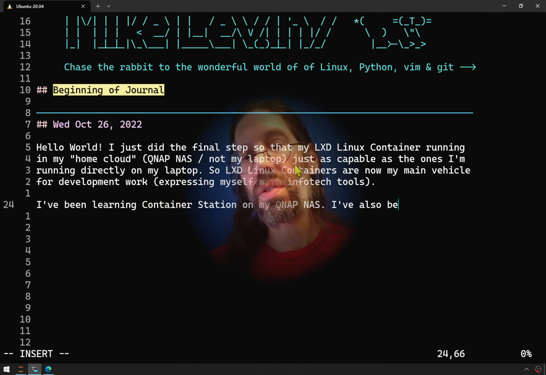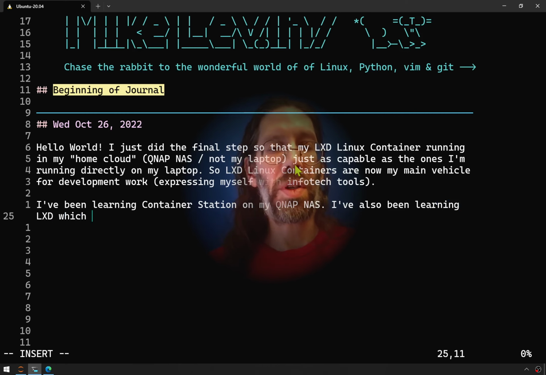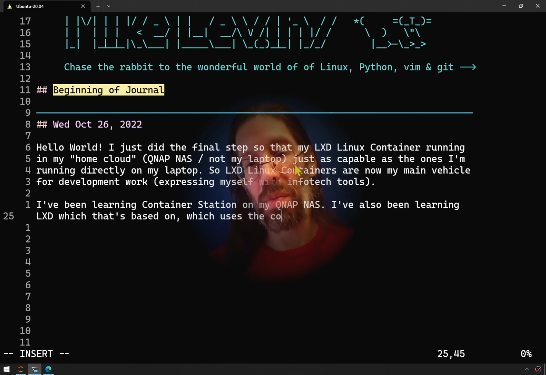I've also been learning LXD, which uses the command LXC for everything,